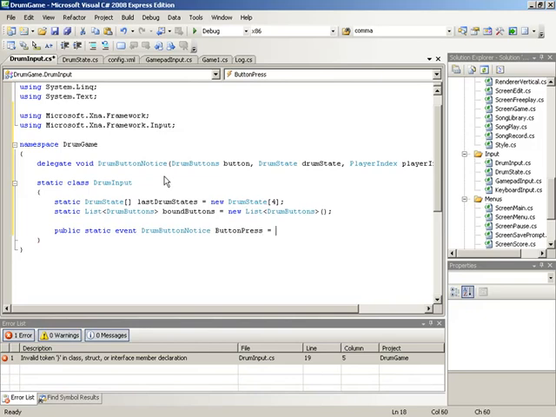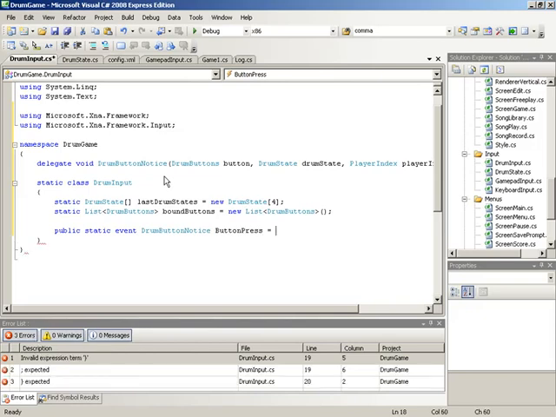Then, as we had done before in earlier videos, we're going to actually set up our event, our delegate, to have an actual anonymous method held in it, just so that we can fire it off at will without having to worry about whether or not it's been assigned. So that means drum button press will be equal to delegate, where we will construct an anonymous method with